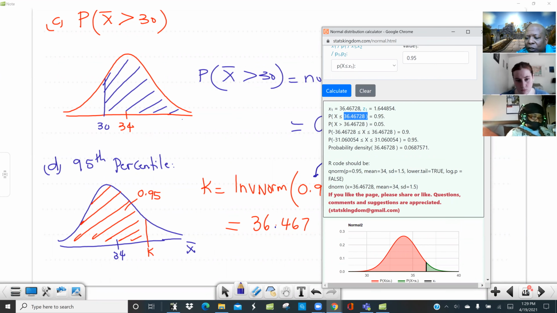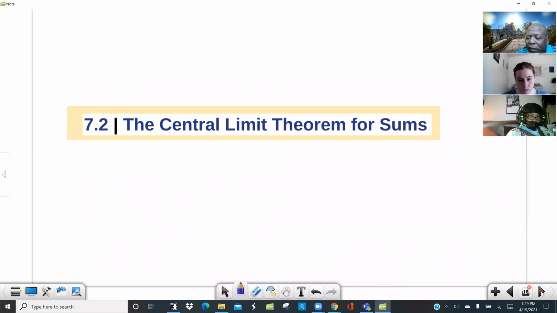So the only thing that is changing is making sure that you modify the normal distribution. Otherwise, you bring your calculator and the same things that we did in chapter 6 are back here. Okay, now for the sums,